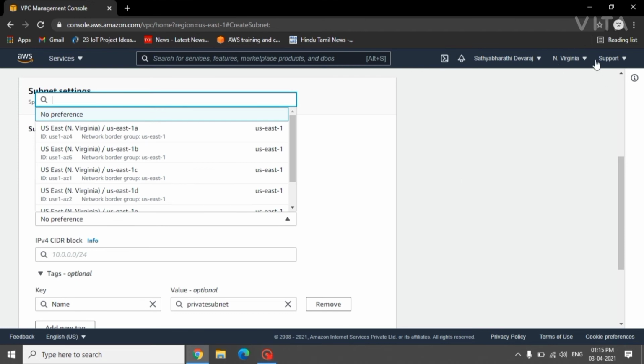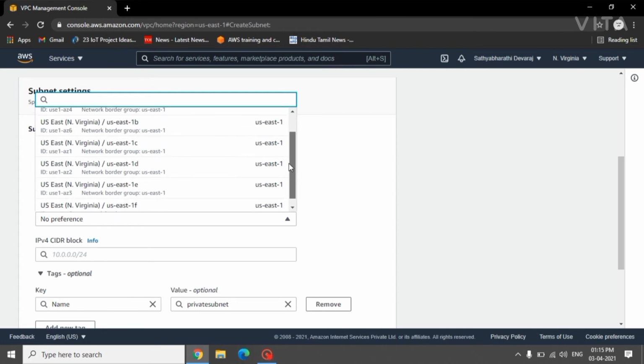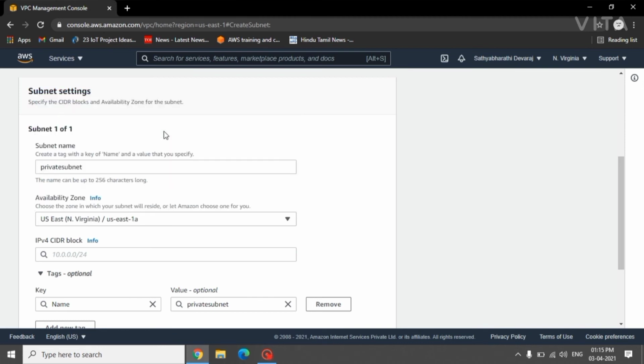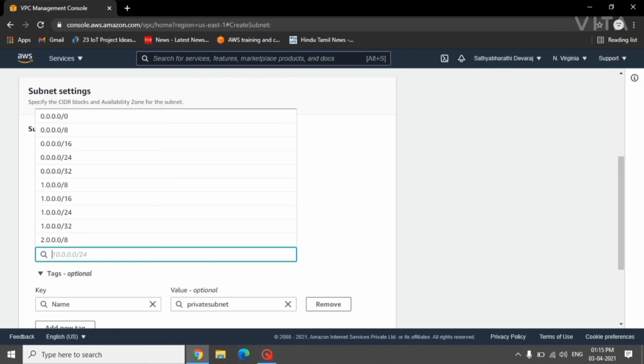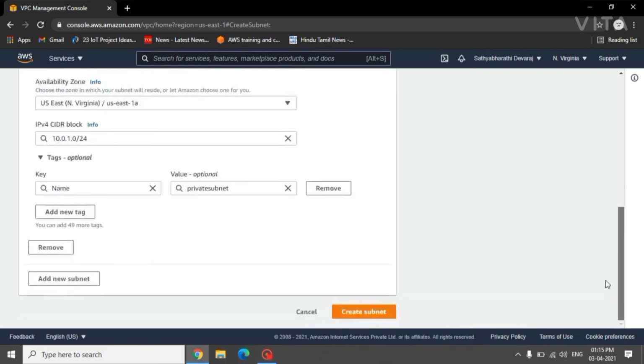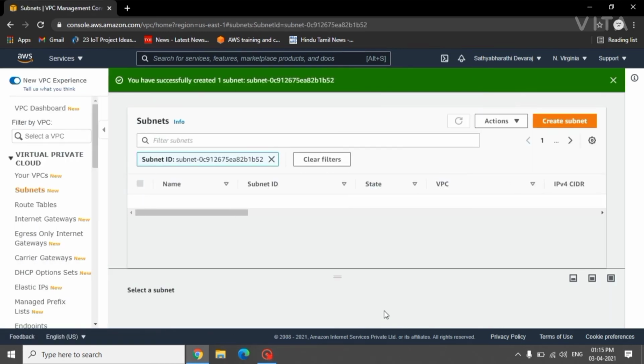So I have created the VPC in the region North Virginia. In North Virginia there are 6 availability zones. So I'm going to select US East 1A. Then give create subnet.